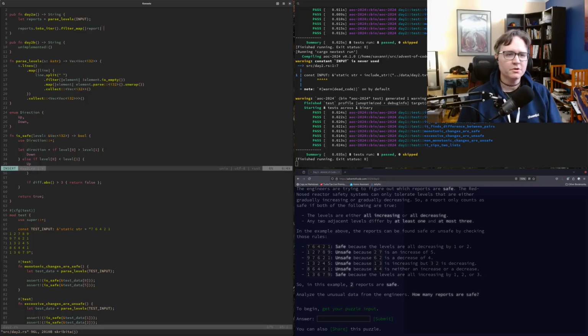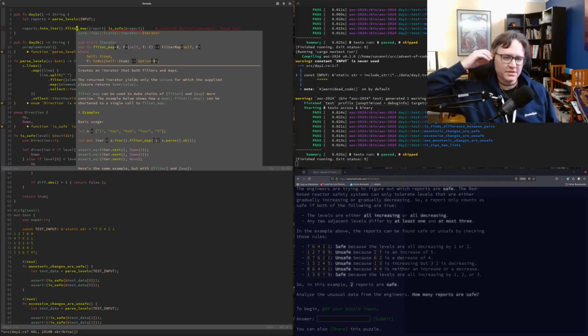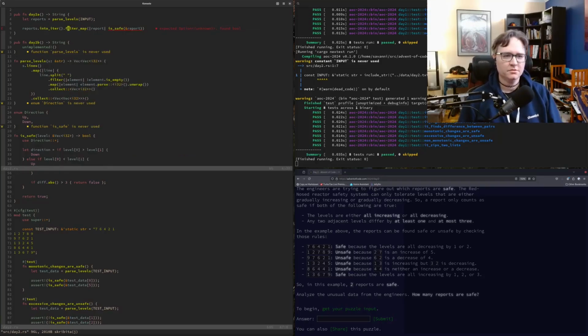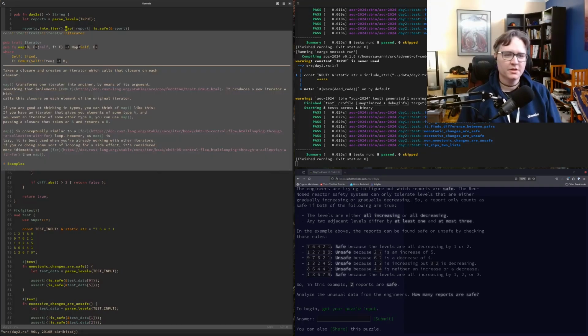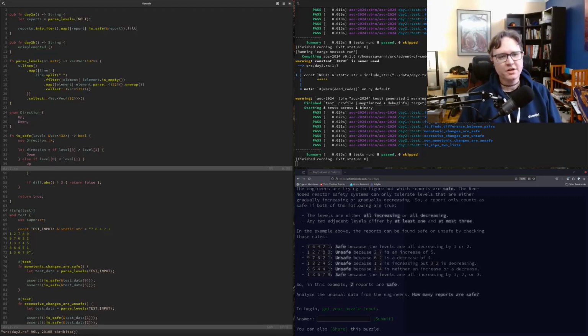So for one report, I already did the parse levels. Is this report safe? What does filter map expect? Oh, that's not right. We'll just go with a regular map. So this will return either a true or false for each report. Then we filter out